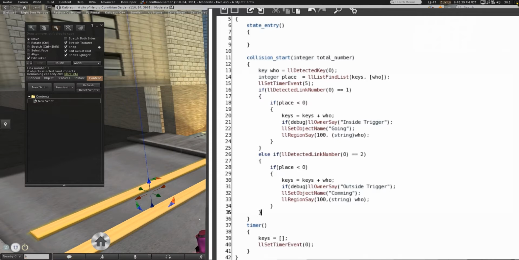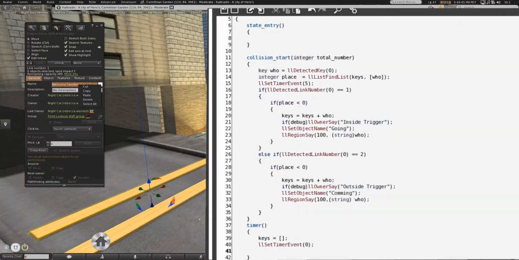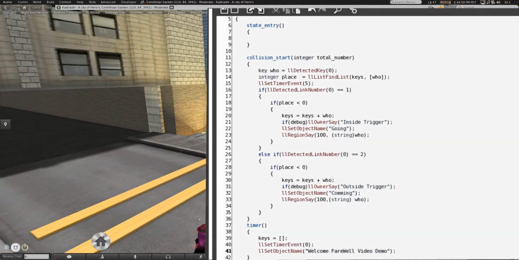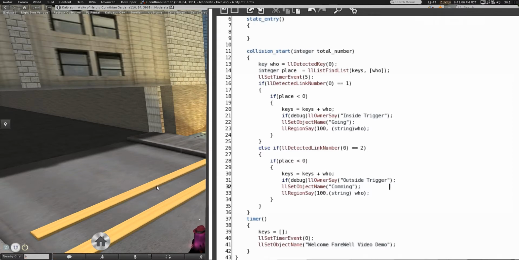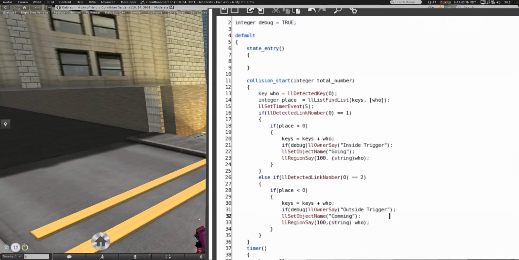And then after all is said and done, and that will turn its name back to whatever you had it before. So it's easy to know what it is you're dealing with here, but this way you can identify which thing